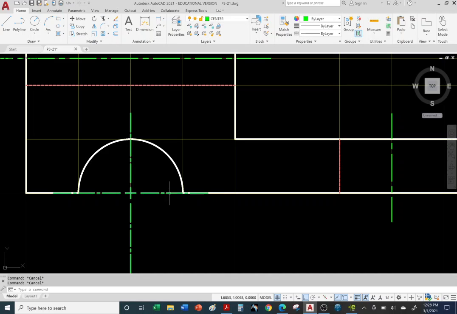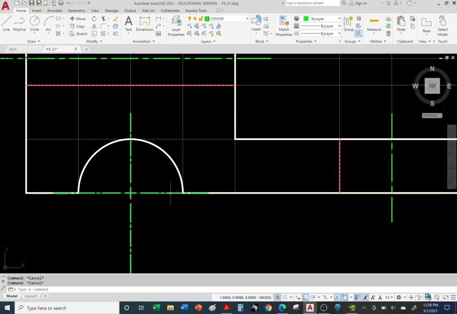Now, something we do want to try and avoid is having this situation where we have this green center line overlapping an object line. Obviously, the object line will override a center line and a hidden line. Okay, object lines are, you can physically see them, right? Visibly, you can see them, and we draw them as thicker lines than the hidden lines or center lines. You can leave it the way it is, but those of you that want to clean it up, make it look more presentable, we can